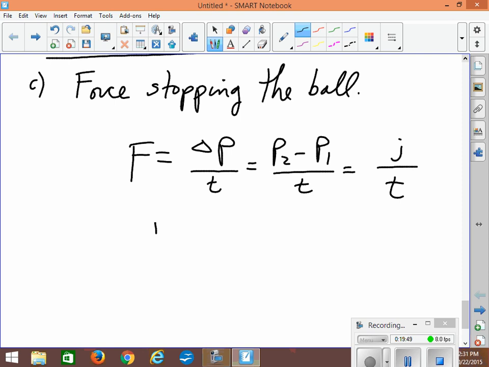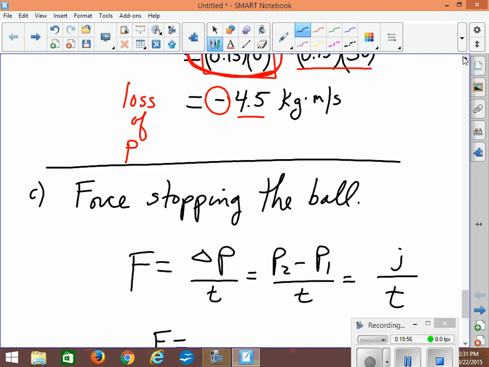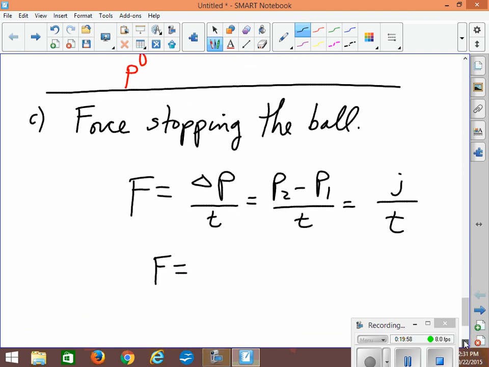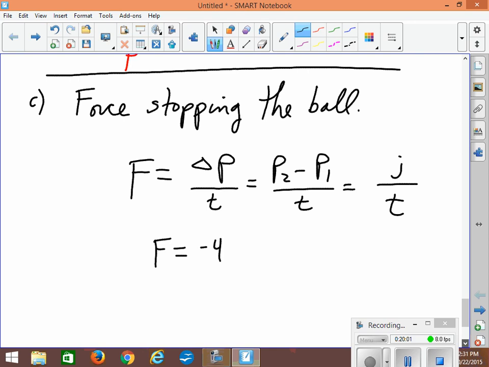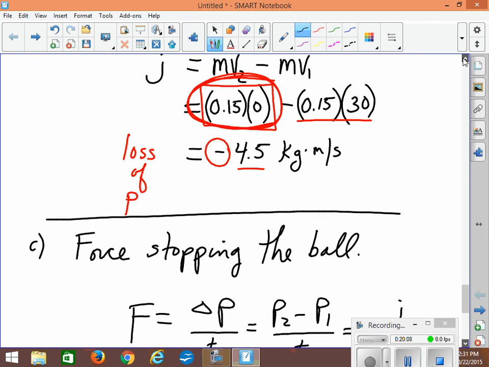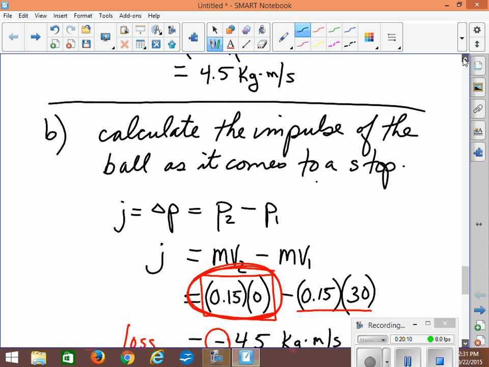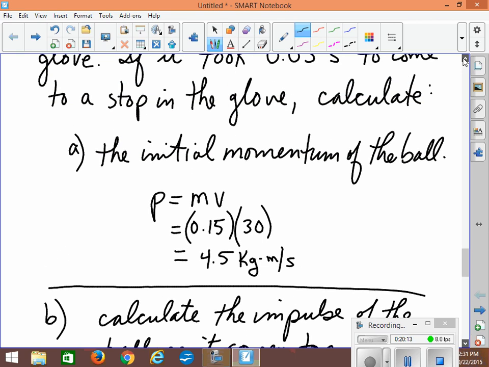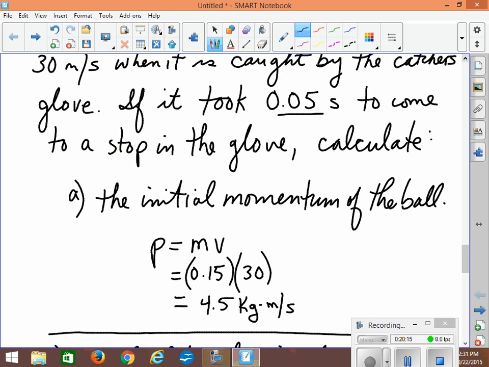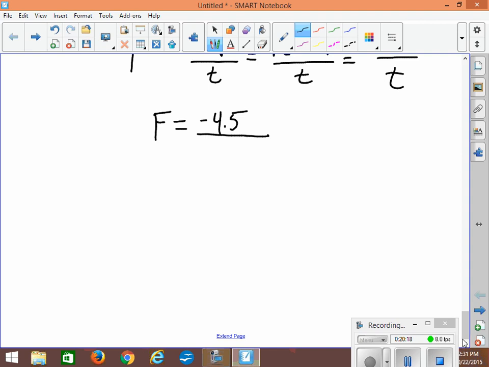And so conveniently, the force that I have here is equal to, I have the impulse already. In part B, it's negative 4.5. And so if I put negative 4.5, and I divide that by the time, which I said was, if we go back, 0.005, I believe, is the time that we picked for this very, very quick change. Here it is, 0.0005. No, sorry, too many zeros, 2 zeros and a 5.